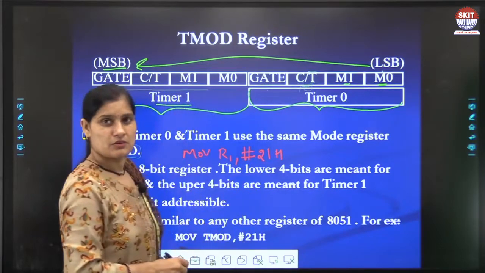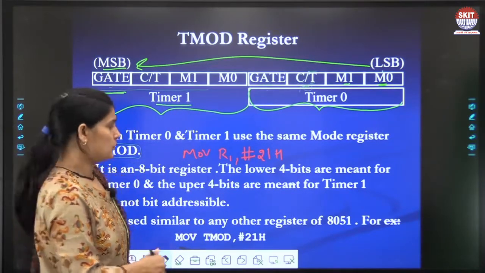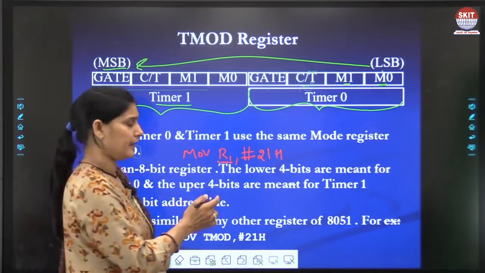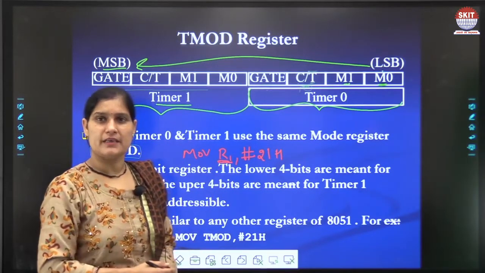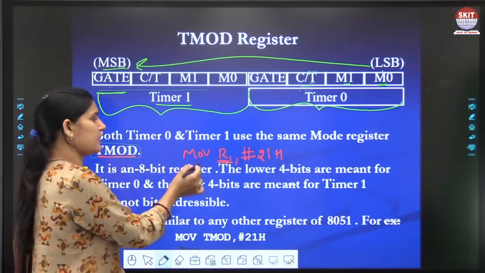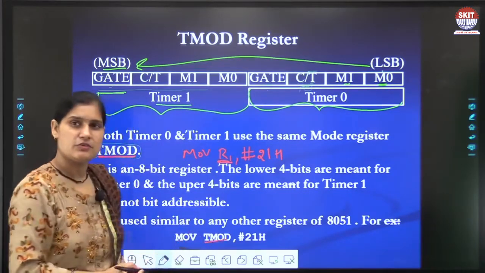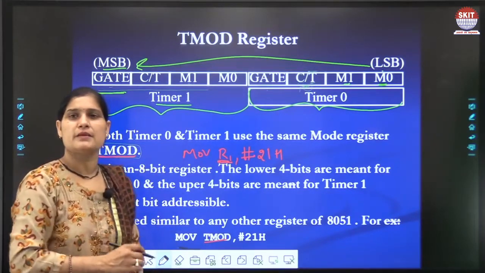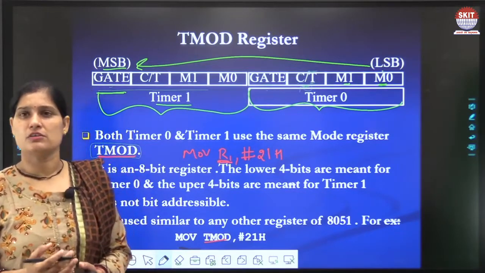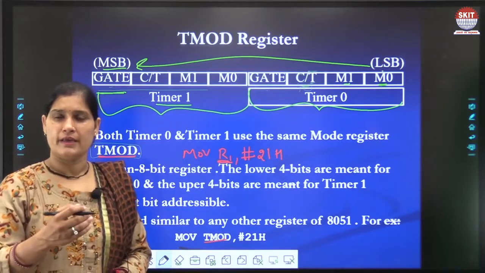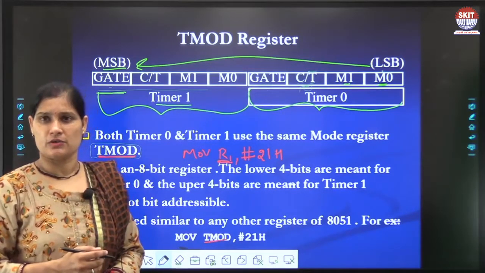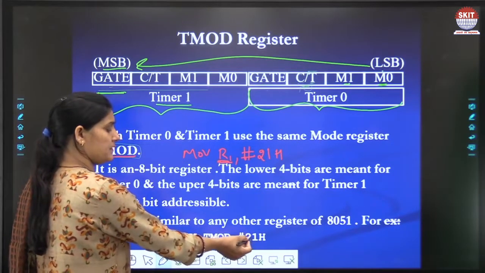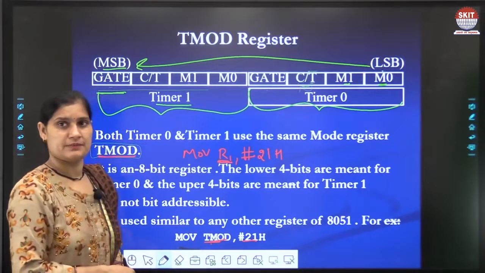Here R1 is an 8-bit register, so you can store 8-bit data immediately in it. Similarly, you can store data in the TMOD register, because TMOD is also an 8-bit register. So you can write MOV TMOD, #21H, which stores 21H in the TMOD register.